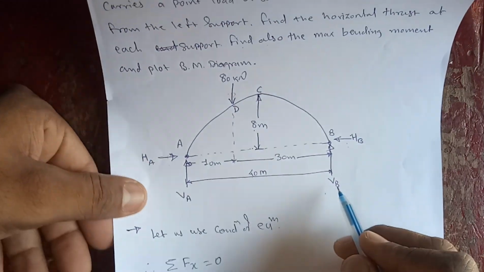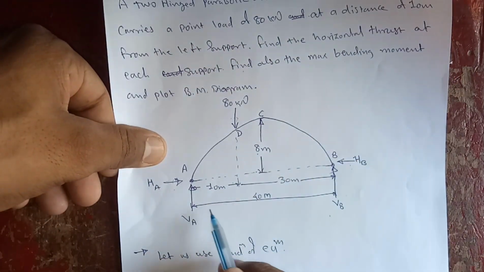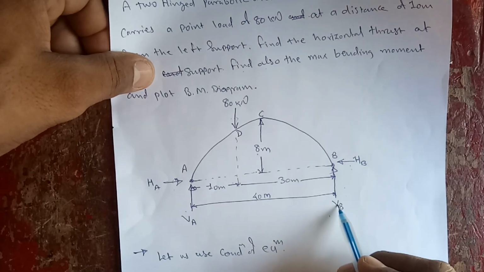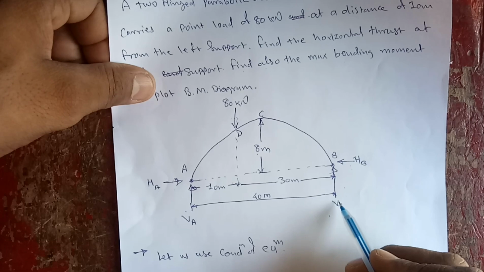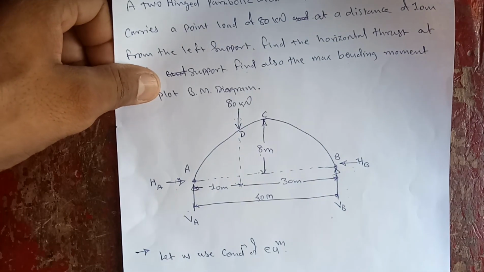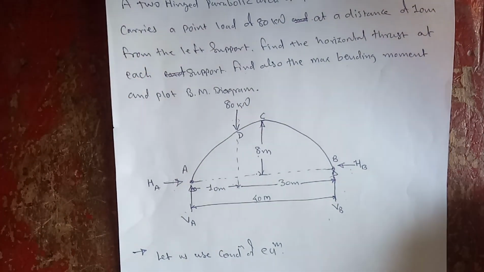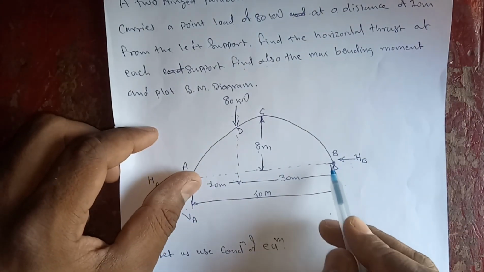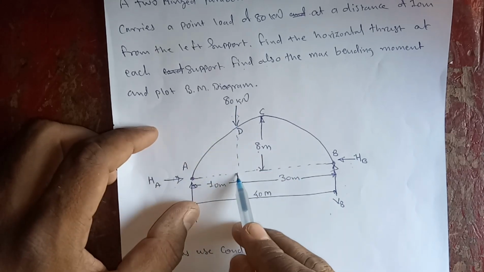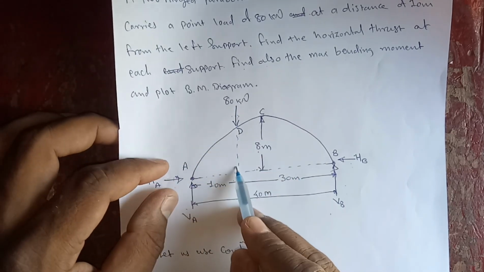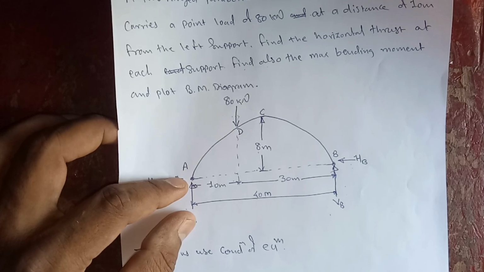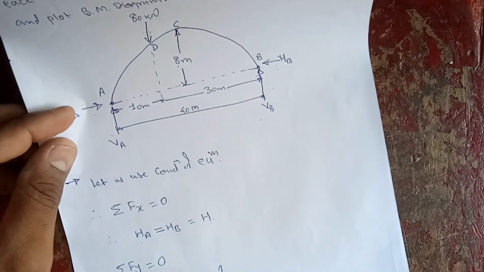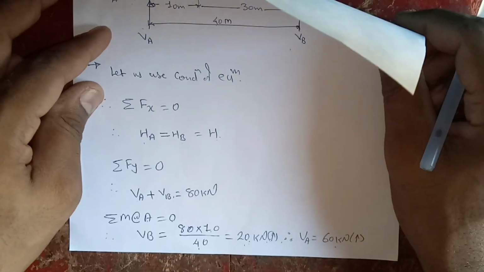So if there is no horizontal force, then these two reactions we can calculate just using the conditions of equilibrium, like calculating beam reactions. So the problem is exactly similar to the beam problem. Say there is a beam of length 40 meter and a point load is acting at 10 meter from the A support, then the reaction will be the same as what we calculated here. So you can say that this is also like a beam reaction.